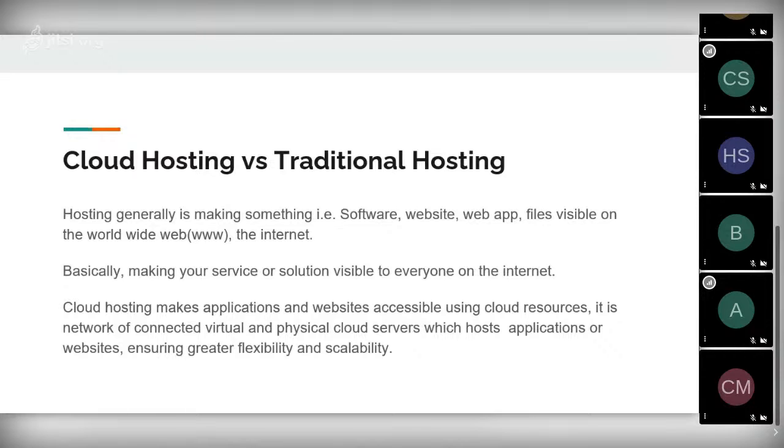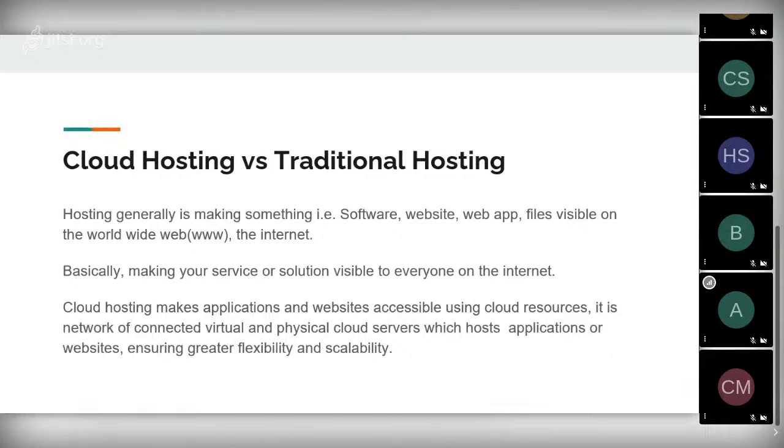Let's say I was approached by a customer to develop a website or web application, and after the programming process and the database process, we have finalized and tested and everything is okay. We want to make it go live. That is referred to as hosting. So if the customer sees it and is satisfied with it, he wants to start using it for whichever purpose he wants to use it for. Hosting is what you do. So hosting basically is deploying your application to the World Wide Web, which is the internet. Hosting is making your software, your website, your web app or files, generally data, available on the World Wide Web,